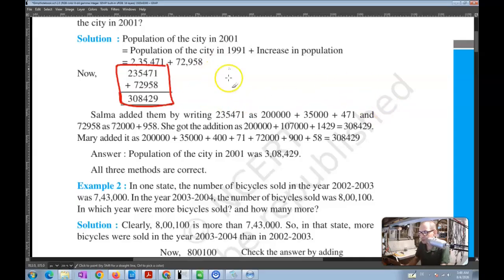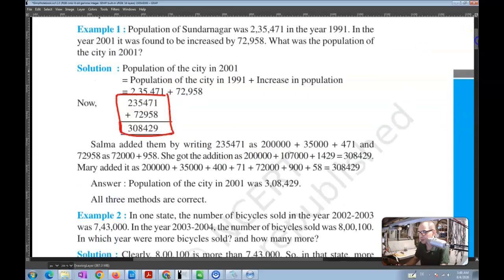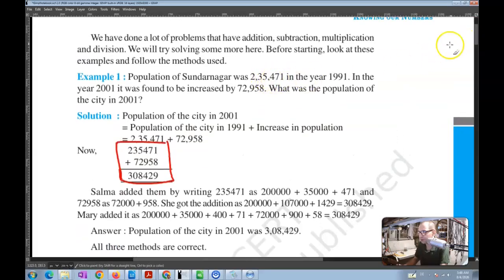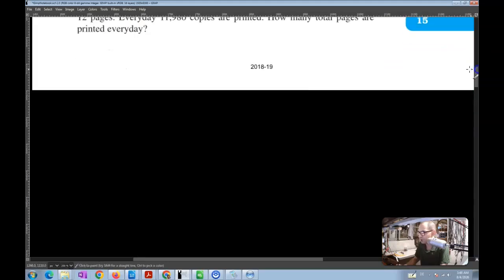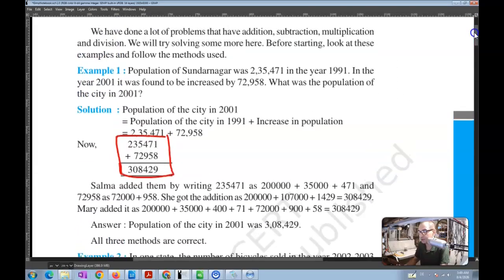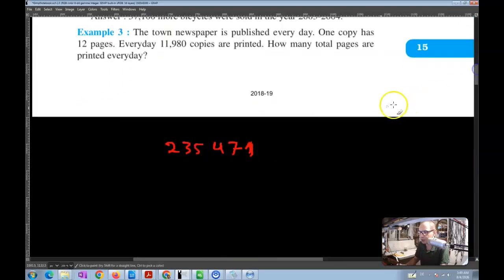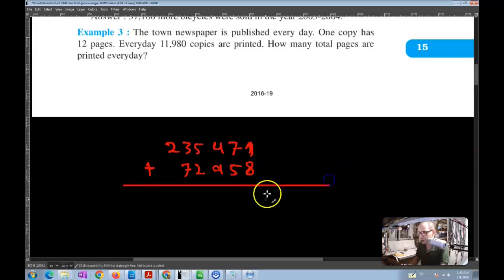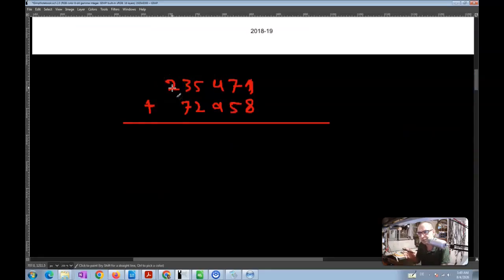But sometimes, for example, you have 235,471, and suppose that you want to add to this number, for example, 72,958. You can do long addition, but